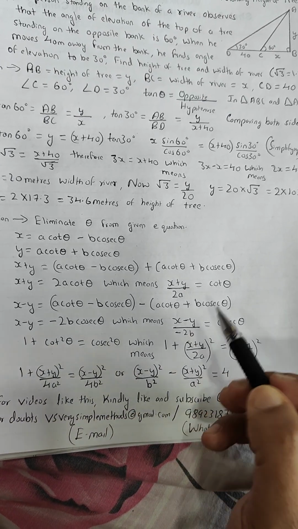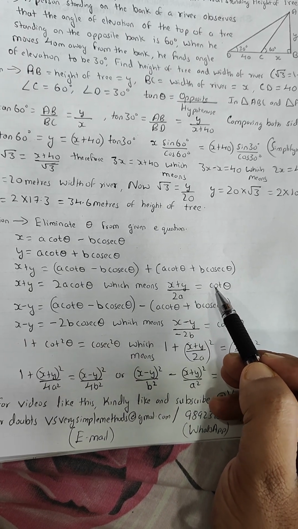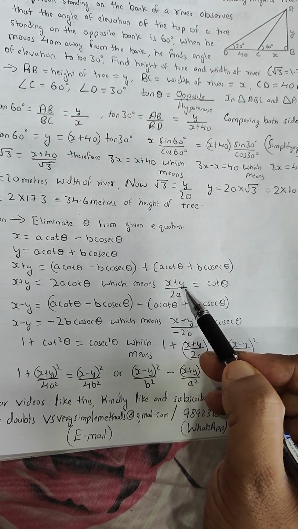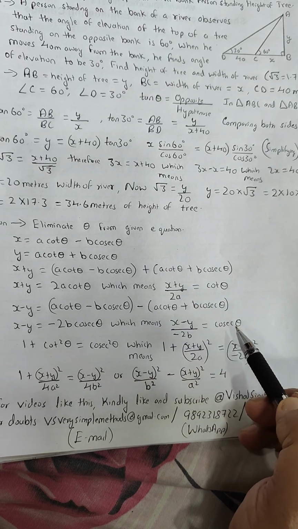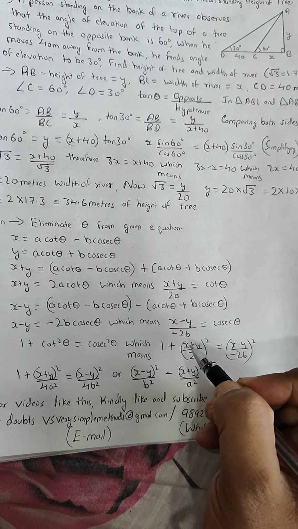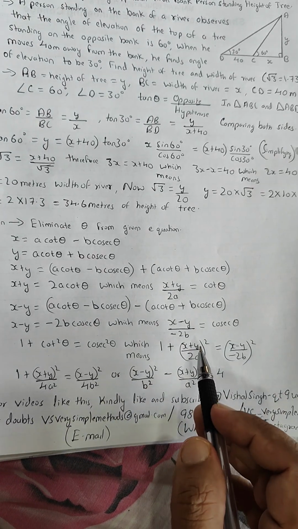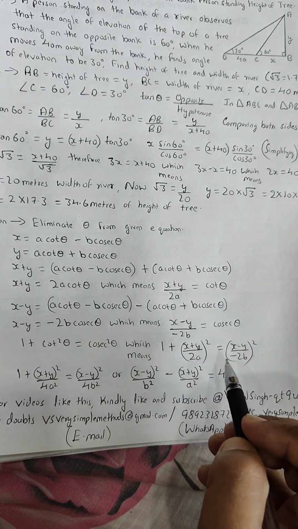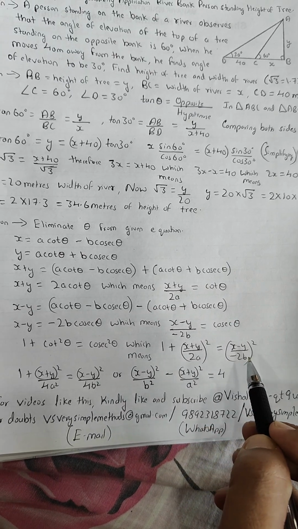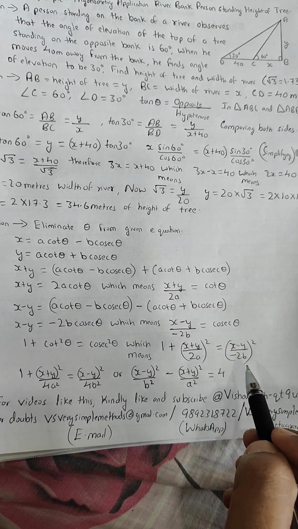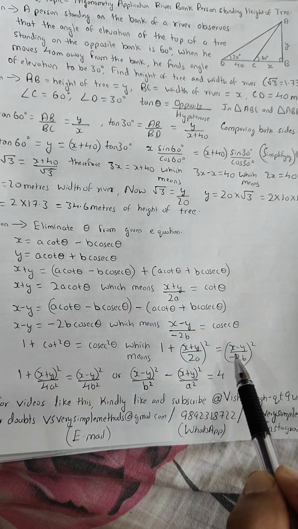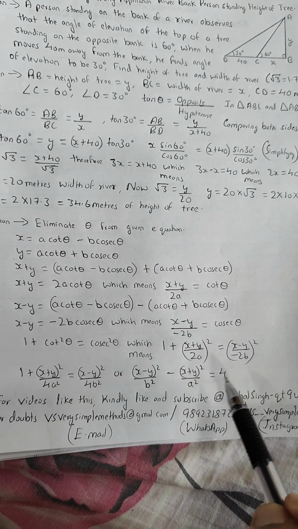Using this, what we can do over here is, cot theta का square आप करोगे, you will be getting cot square theta. Right side में अगर आप square करते हो तो left side में also you will have your square, that is x plus y upon 2a का square. Here you will be having cosec square theta और ब्रैकेट में आएगा x minus y upon minus 2b का स्क्वायर. Now using these things, cot square theta और cosec square theta के values I have replaced in this equation. You can clearly see that I have removed cot square theta and cosec square theta. Ideally you can leave your solution here itself, because according to the question what they have demanded, eliminate theta from the equation. I have eliminated theta from the equation, but in order to simplify this I have done 2 more steps.